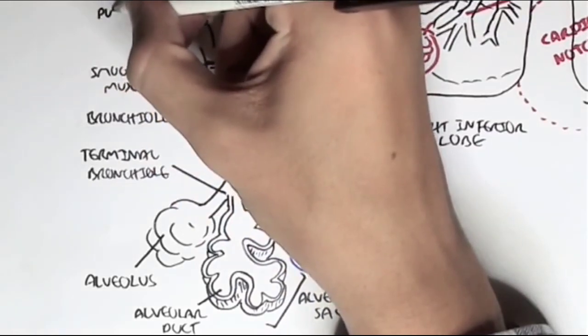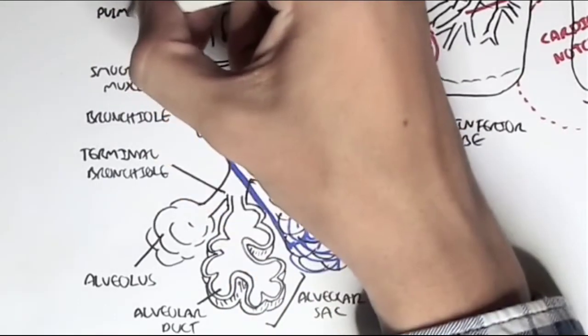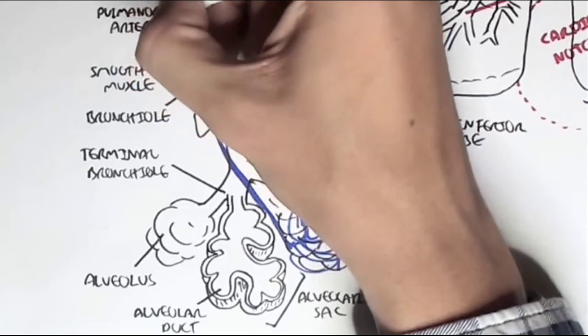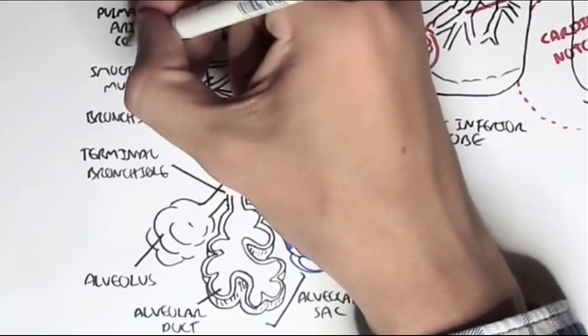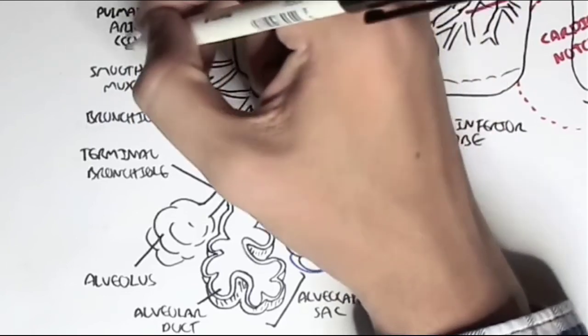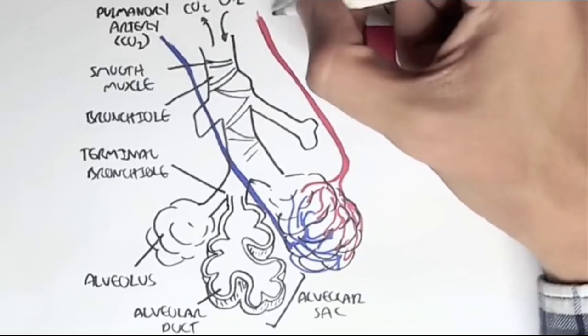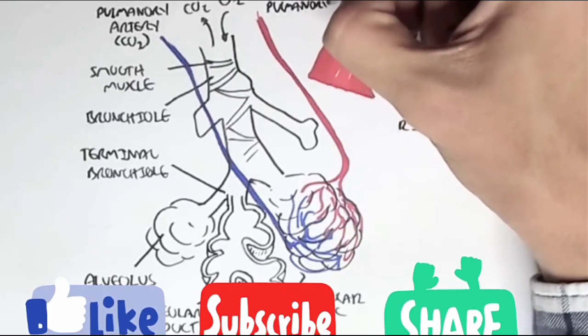The blue one, that pulmonary artery, enters into the lungs and will basically branch into the alveolar sac, carrying carbon dioxide. The pulmonary artery gives carbon dioxide to the alveoli and then it gives oxygen to